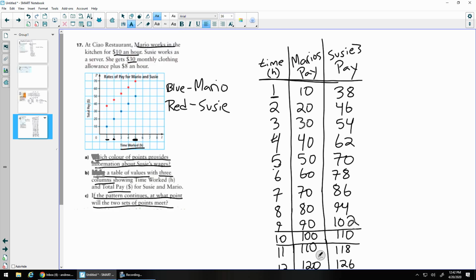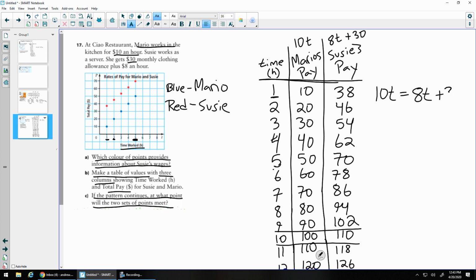Another way we can solve this, and this is maybe a little bit beyond what we're doing, is to look at Mario's pay, which is 10 times the time worked, and Susie's pay, which is 8 times the time worked plus the $30. And we can say, when are these two equal to each other? So when is 10t, 10 times the number of hours worked, which is Mario's pay, equal to Susie's pay, which was 8t